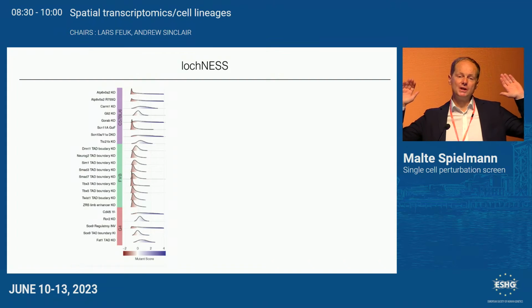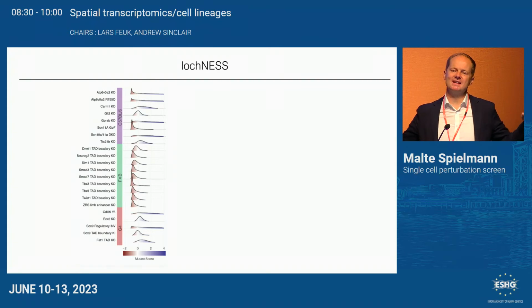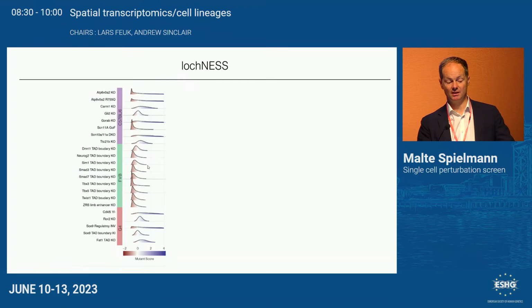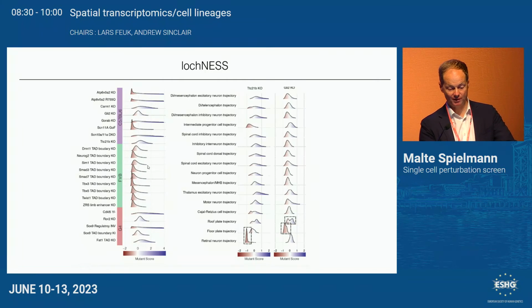First of all, you can throw in your entire mutant and see, is there much happening? And then you get a curve like this, and we see here we actually knocked out a few TAD boundaries, and they look surprisingly normal. They all have a bit of loss, but they all have similar mutant scores. But then when we go down here, for example, this SOX9 mutant has a very broad profile, so there seem to be some gains and some losses. This one seems to be, again, pretty unremarkable. And also here, this one seems to be changed. And then you can zoom in, once again, without killing any more of them, and